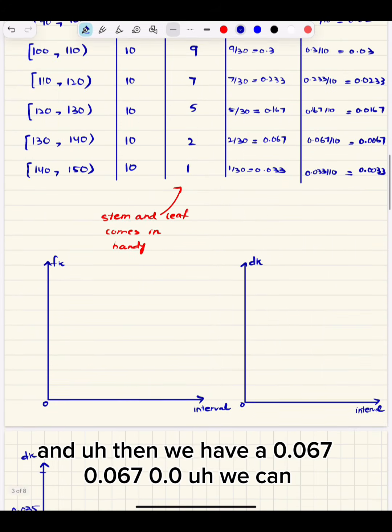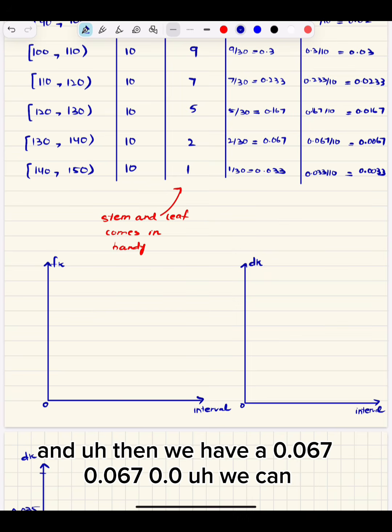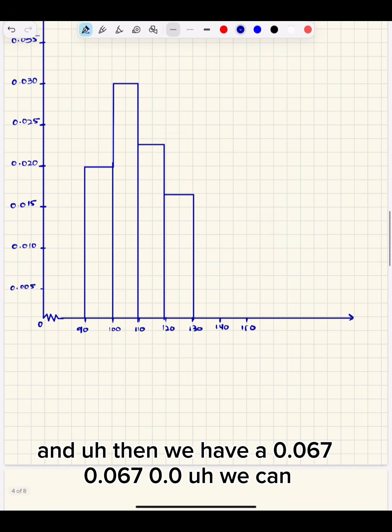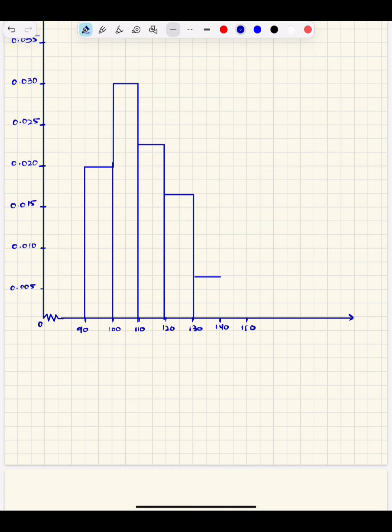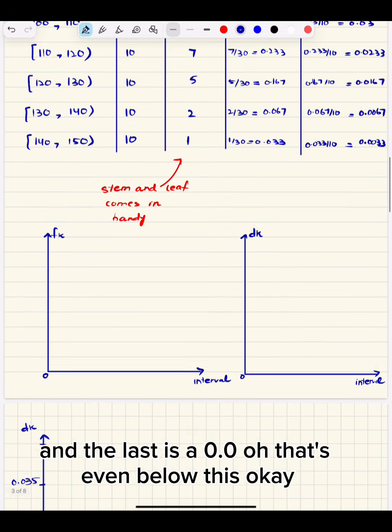And then we have a 0.067, 0.067, 0.0. I'm just approximating it to be here. And the last is a 0.0. Oh, that's